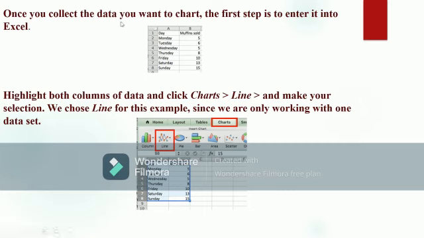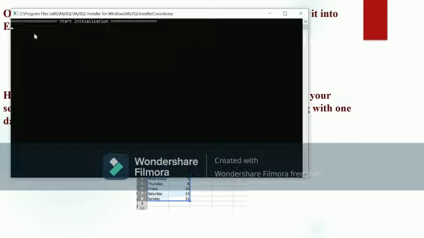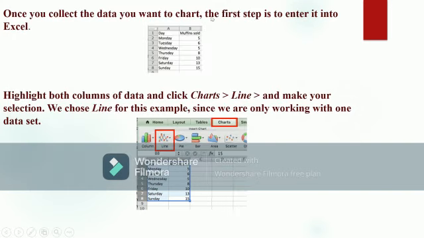Once you collect the data you want to chart, the first step is to enter it into Excel. First we have to collect the data. Just collect your own data and type it in the Excel sheet. Here I had an example. You can see that Monday, Tuesday, Wednesday, Thursday, Friday, Saturday, and Sunday muffins are sold. So I just collected a single data set, and you can write your own data in the Excel sheet. But anyway, just type the data in the Excel sheet. Then second point,